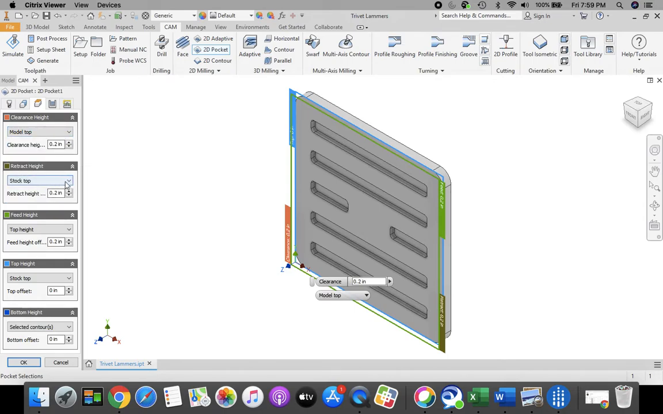The next one down for our retract height, we want to change to model top and 0.2. For feed height, we want to change to model top and 0.2. So these top 3 areas, clearance height, retract height, and feed height, are all model top and 0.2. When you're finished with that, we're going to come down and go to our next tab,